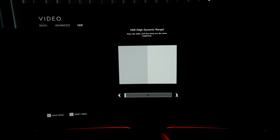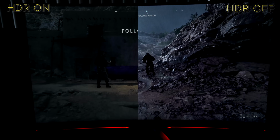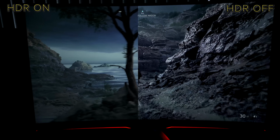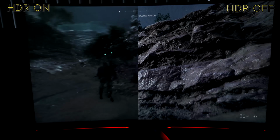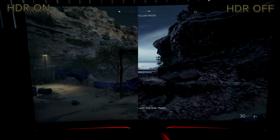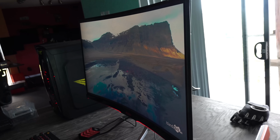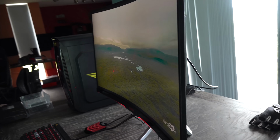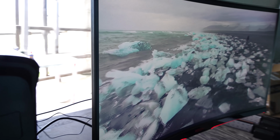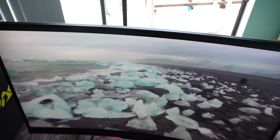Anyway, if you survived until here, it is now conclusion time with the AG322QC4. And what do I personally think of it? Well, I think it's a gaming monitor. And so if you're looking for something for color accuracy, I'd go elsewhere. But if you want a very enjoyable monitor for gaming, has 144 Hz, it has decent response times with the strong overdrive setting, 6 to 7 milliseconds. It has very low input lag, as well as having great viewing angles, then this monitor is definitely worth a look. Comes in at 540 US or in Australia 640 AUD, and honestly for gaming it is a really nice